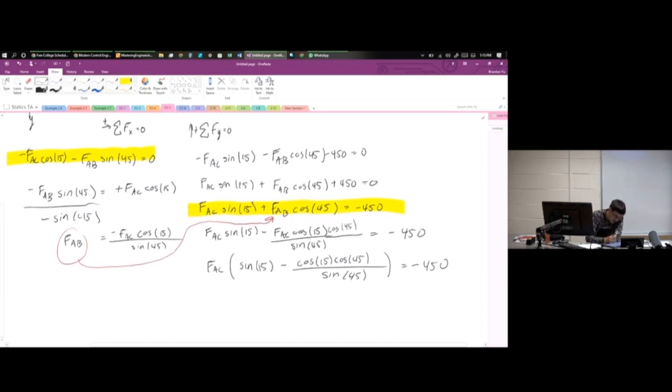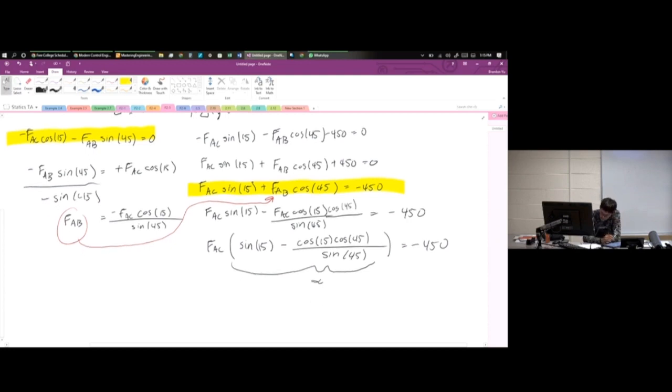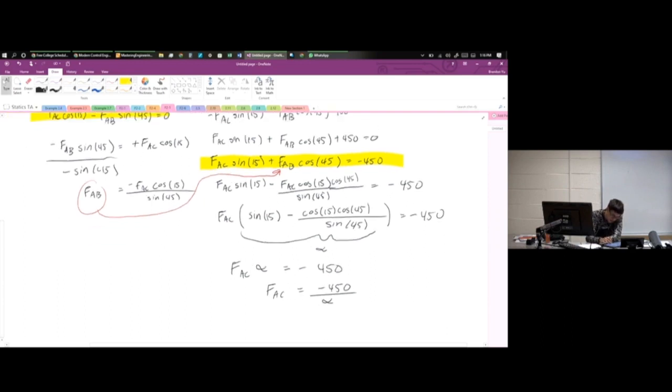I can set this whole thing equal to alpha, so now I don't have to keep writing it out. So then I can say that FAC alpha equals negative 450. So FAC equals negative 450 for that alpha term, and then